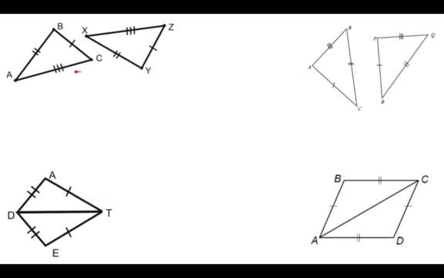We have two triangles, triangle ABC and triangle XYZ. And what do we know from those ticky marks? Well, we know that BC is equal to YZ. So we know that this side and this side, even though they're in two different triangles, they have the same